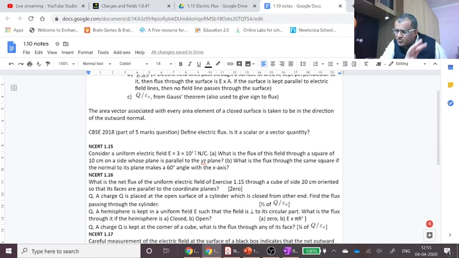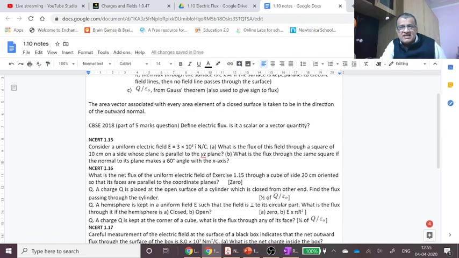Easy, simple questions. We will start with NCERT. We will do some questions which were asked in CBSE also, and then we will move on to some questions from HC Verma in this topic. So NCERT,